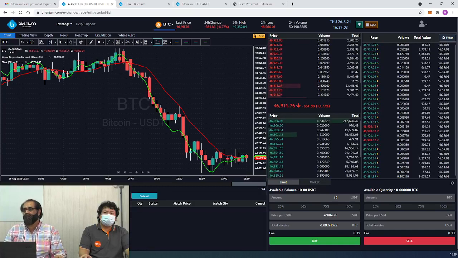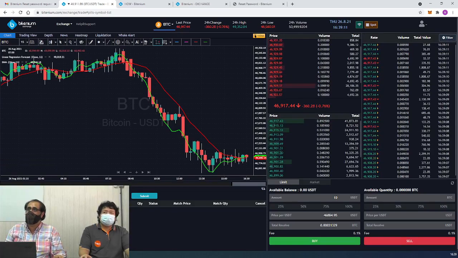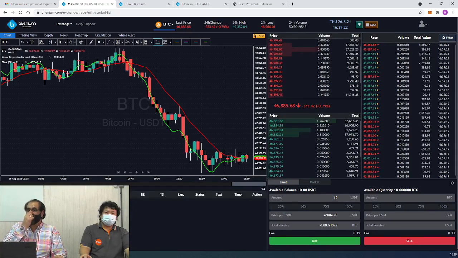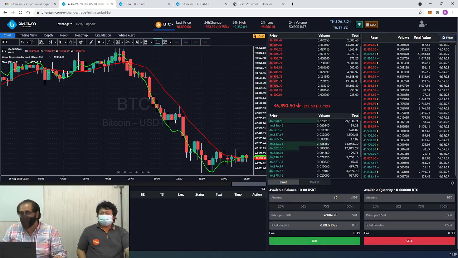History means it shows you, from this date to this date, what you have purchased. You can filter it by date. You will come to know on what date you traded, what quantity you traded, and what commission you paid. Conditional order is something we will explain in the next session, how to use this function. So we'll skip it for now and use it in the next session.